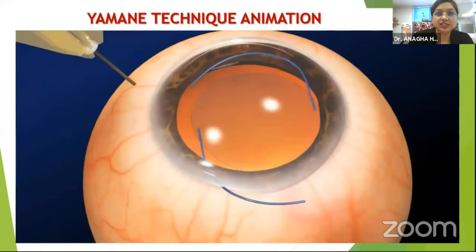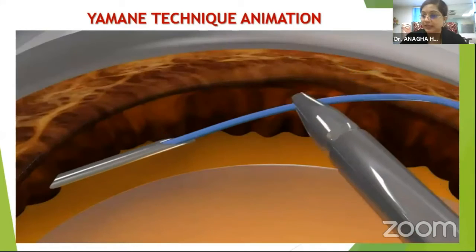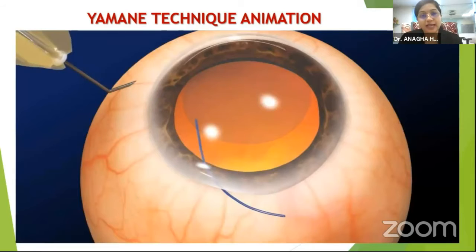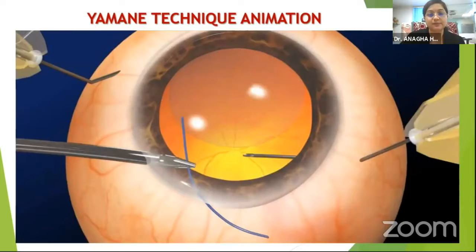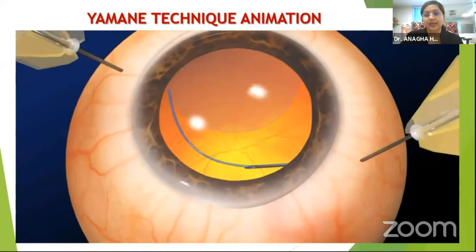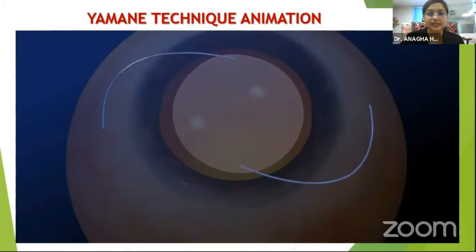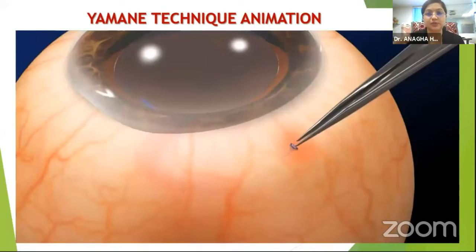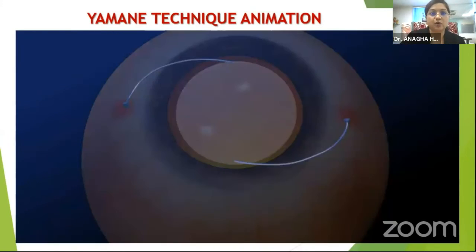So this is the flanged technique, which is now picking up and becoming more popular here. In this technique, we use either a 30 or a 27 gauge needle and externalize the haptics through the lumen of the needle. And with the 25 gauge forceps, you feed the tip of the haptic into the lumen of the needle, and once both are externalized, with very low temperature cautery you create a flange of the terminal 1 to 2 millimeters of the haptic, and then push it underneath the conjunctiva into the scleral wall.